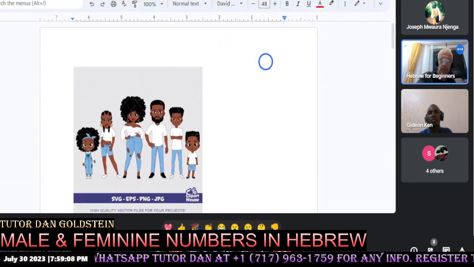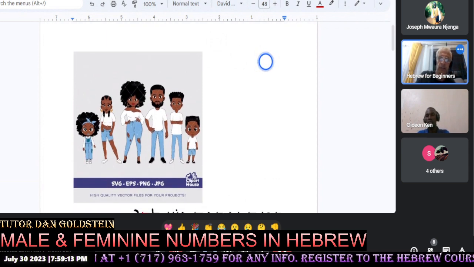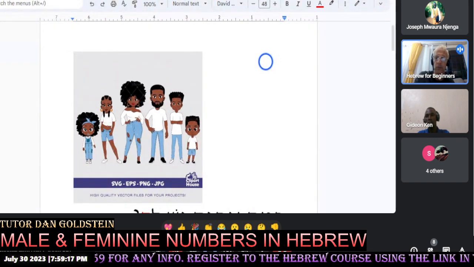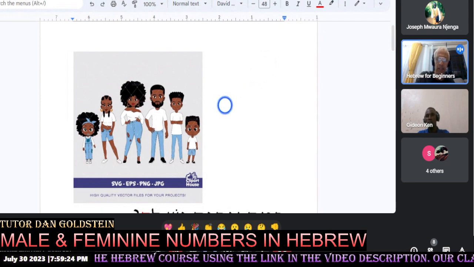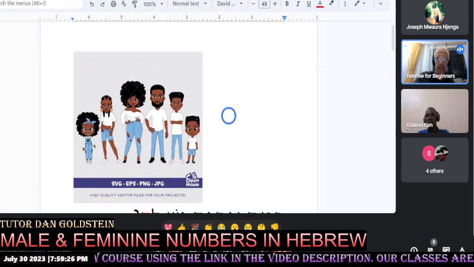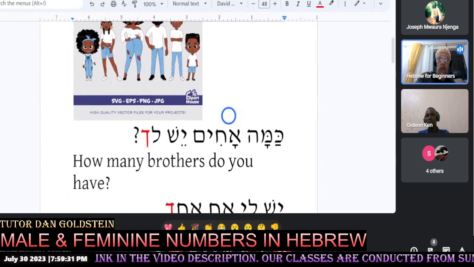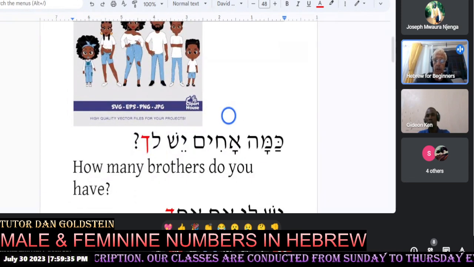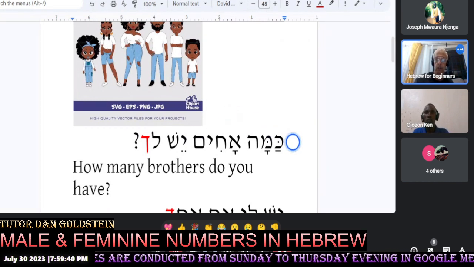I know this might not be what a typical family in Finland looks like, Johanna, but at one point I thought this was going to be Hebrew for East Africa. It's now Hebrew for the world, but my East African family has remained in this exercise. We're first going to learn how to ask how many brothers do you have? And Johanna, could you read that question for us in Hebrew, please?